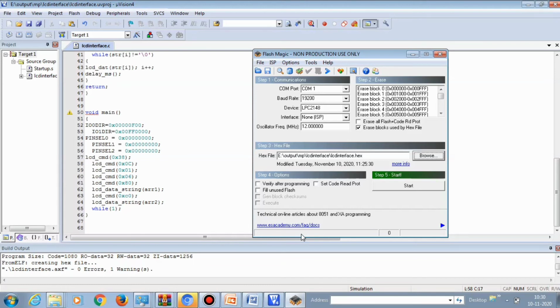Now you can view the output in the LCD. In the LCD's first row we can see ILAC system, and in the second row we can see Nellai. Similarly, we can display any 16x2 characters in this LCD display. This experiment was very helpful in developing various display windows such as LCD, graphical display, and various other applications where we need display.